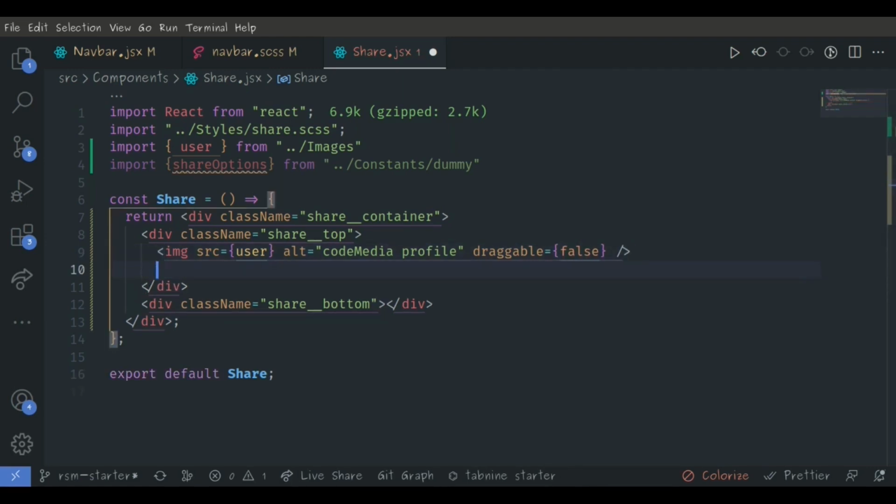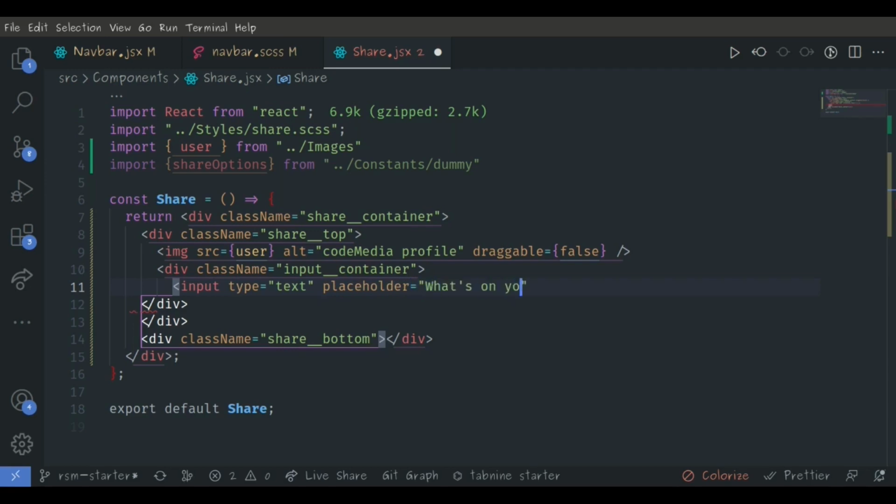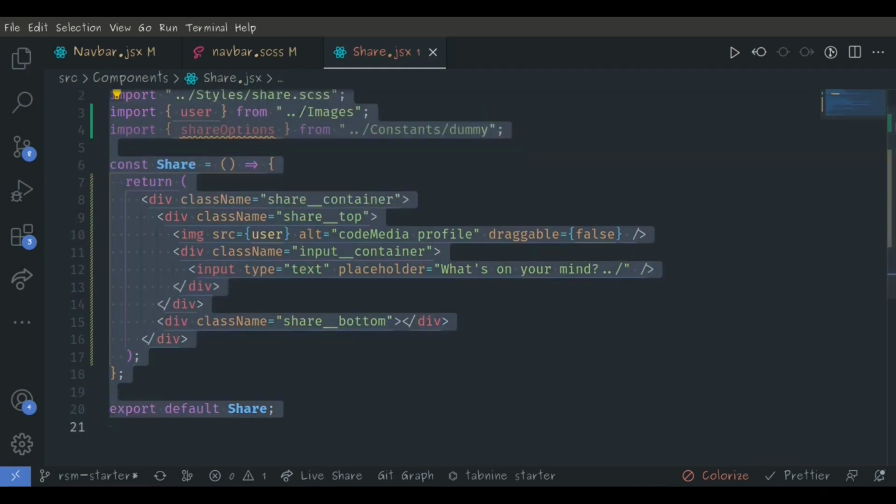Then beneath it, we are going to have a div which is going to take in some class name attribute for the input container, and which is just going to have an input, the type of text, and the placeholder equal to what's on your mind, and it's a self-closing tag. So yeah,